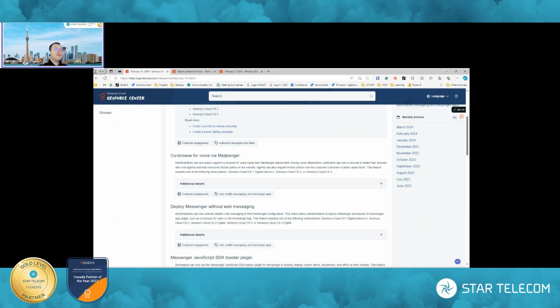Co-browse for voice via Messenger and deploy Messenger without web messaging. These two go hand in hand. If the audience doesn't know what co-browse means, on your website you can launch a piece of code, the Messenger piece of code. When your customers are calling into your contact center and they're on the website, asking for help or trying to do an order, they're interacting with the website